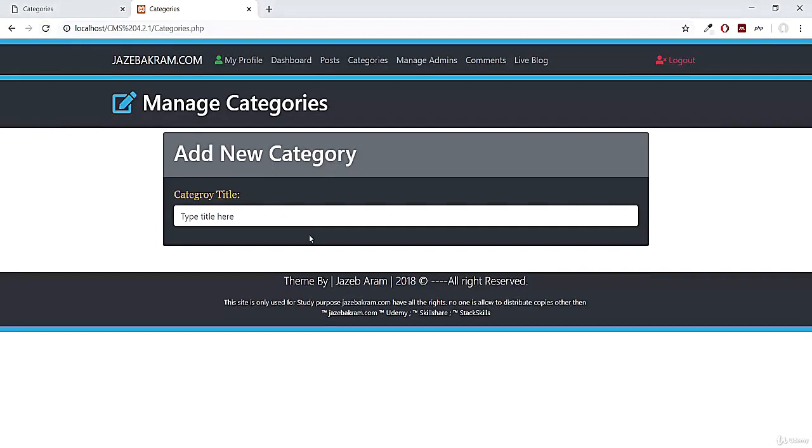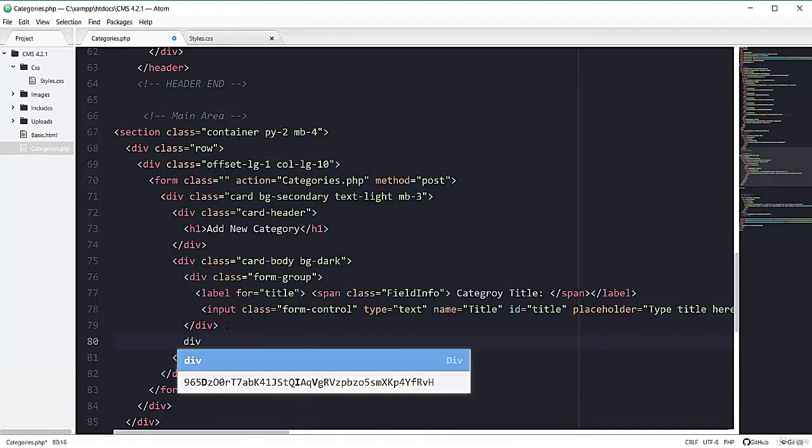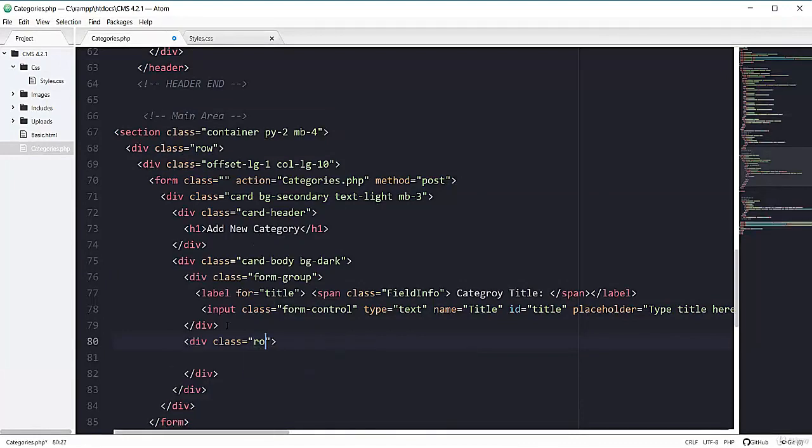Perfect. Now after that we will have two buttons here. First one will take our user back to the dashboard, and one will be to publish the category and add the category in our database. So here, right after this div of input field, I will add one div with the class of row, as we are taking the whole row.